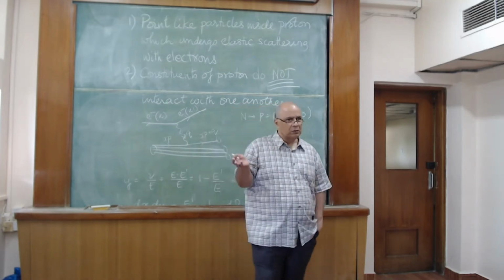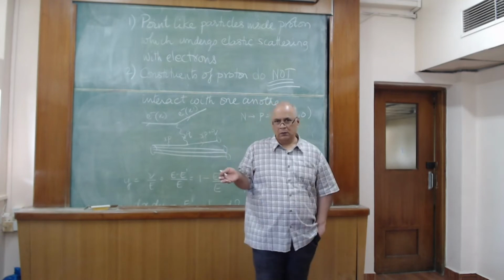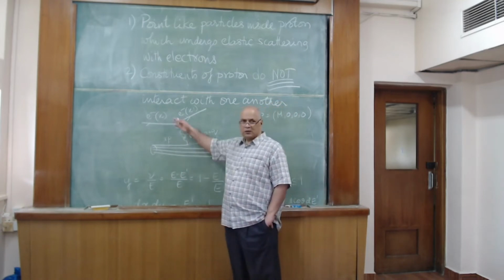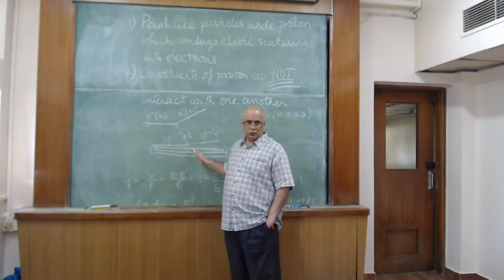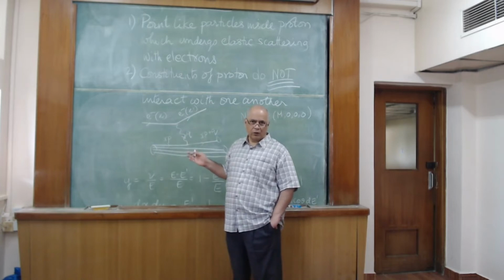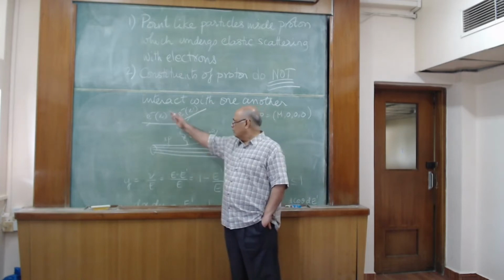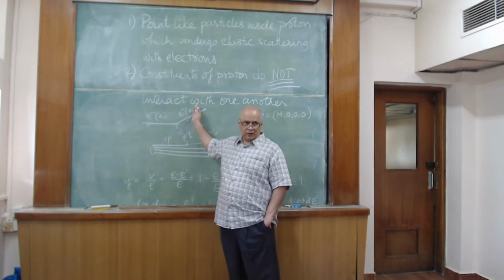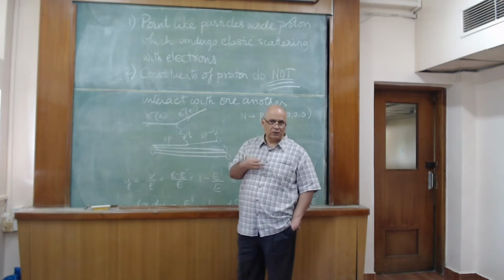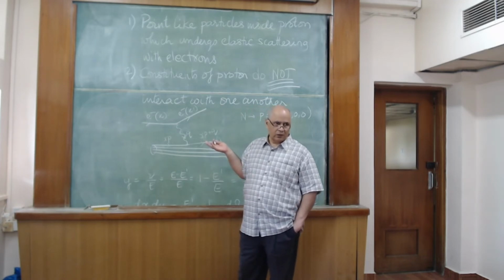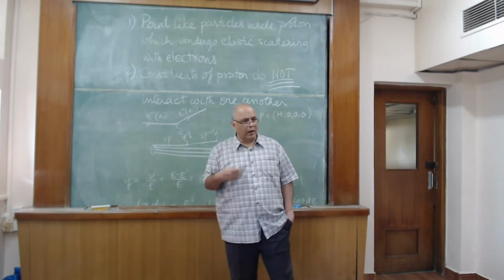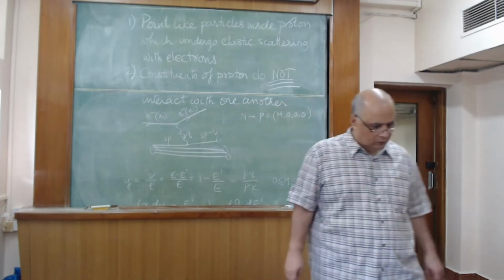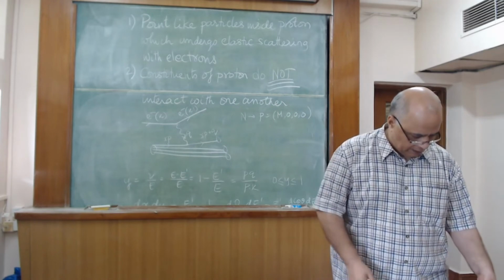Now, this is simple QED. I have two charged particles interacting with each other through the exchange of a photon. I know the momenta of the initial particles, I know the momenta of the final particles, and I compute the scattering cross section. And if I do so, you find